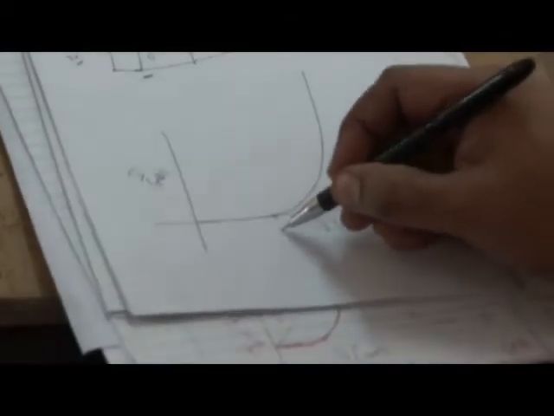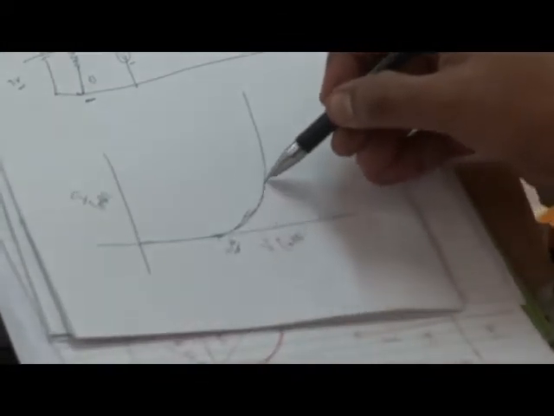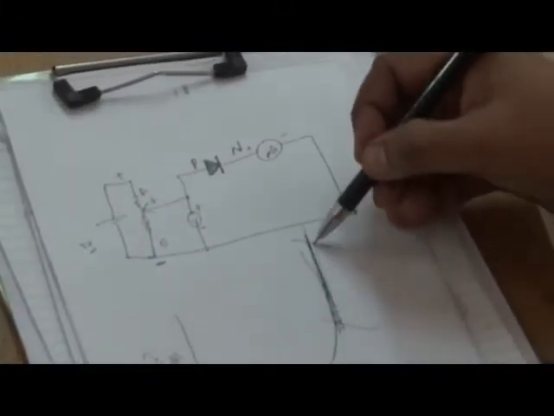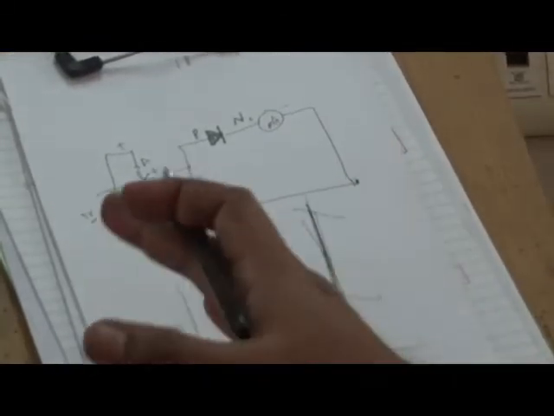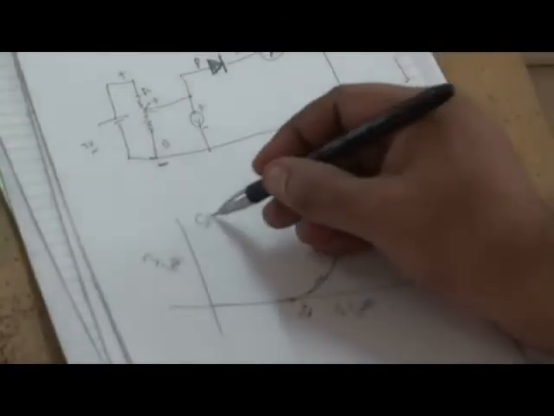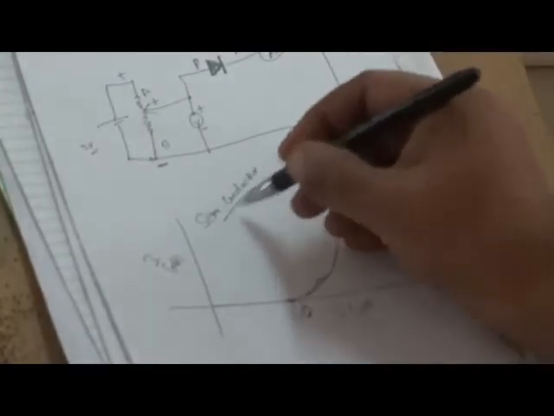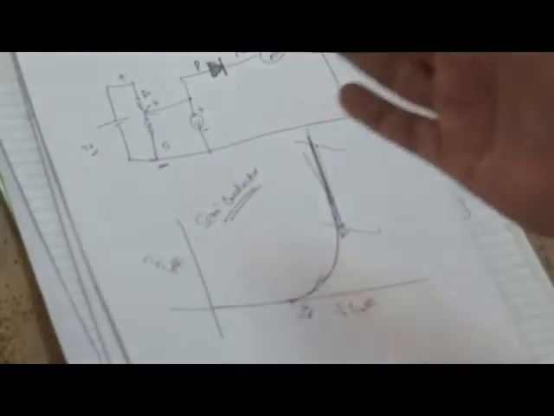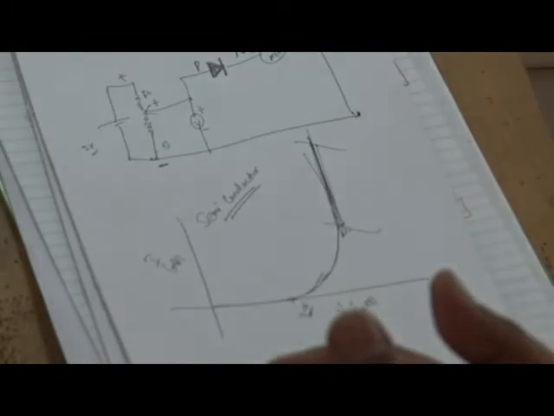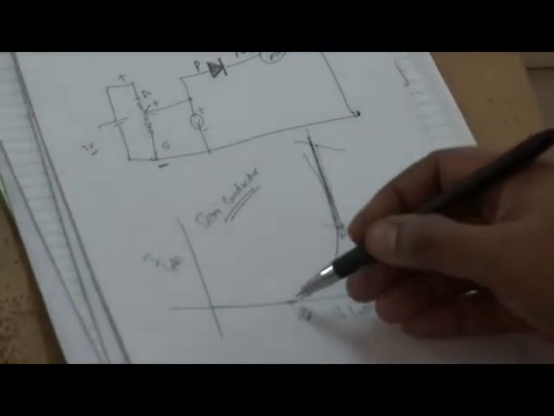That means this diode is not conducting, or it is an insulator up to a certain voltage, say 0.4 to 0.5. Then from 0.5 onwards it starts conducting, and here it has become a very good conductor, high current is flowing. So below a certain voltage it is an insulator, above that voltage it has become a conductor. That is why we call it a semiconductor. Semiconductor means it's neither conductor nor insulator. It comes in between.